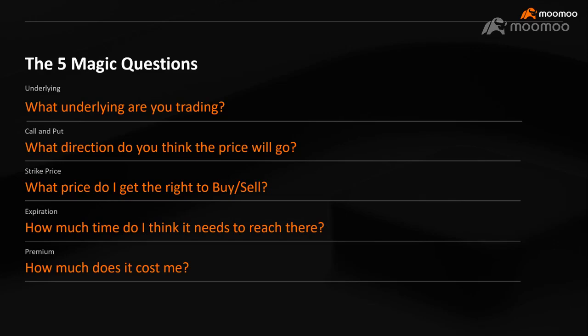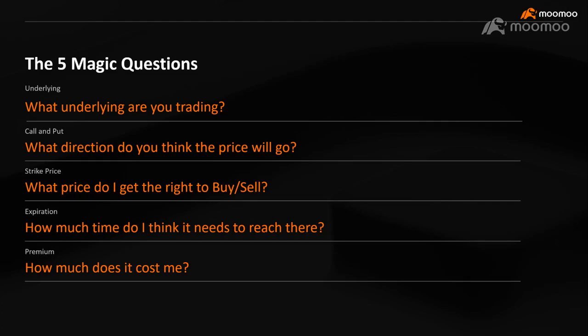The second is the direction: are you betting the underlying will go up, or go down? That dictates which kind of option you choose, whether a call or a put. The third is that buying an option means having the right to buy or sell the underlying at a